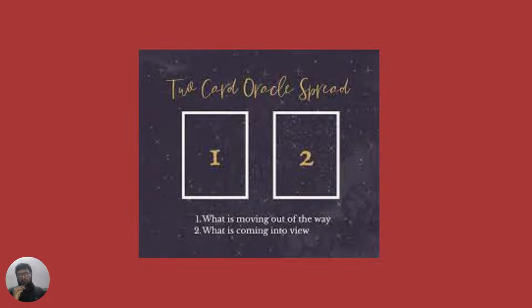Now we have a two card spread. See, in two cards we tell the person to select two cards from the tarot deck. Now the first card has a set of meanings and the second card has a different set of meanings. The first card can tell you what is the situation that this person is facing, and the second card can tell you why he or she is facing that.